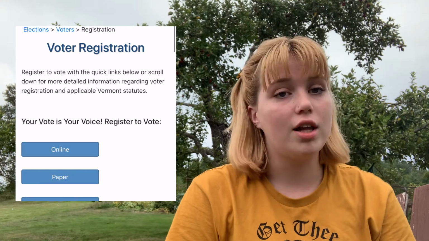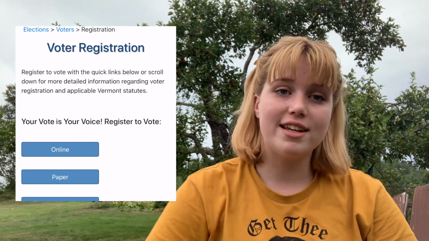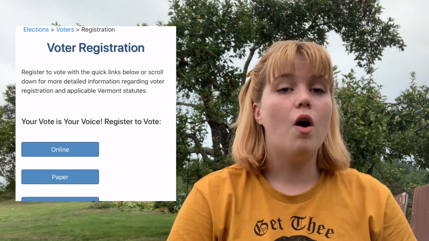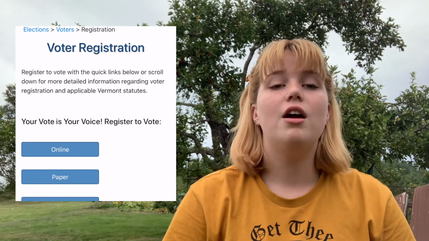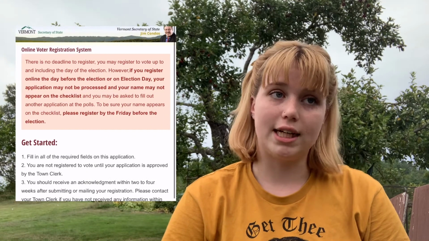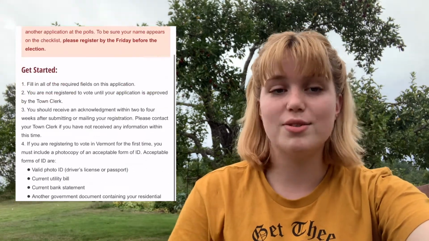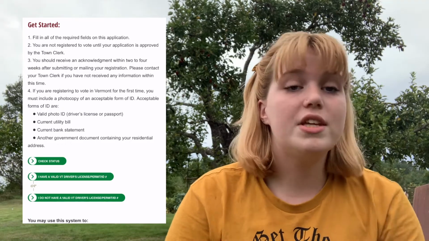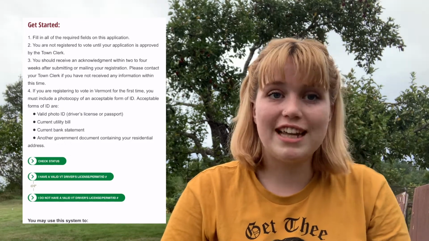On this page, it shows you two ways to register to vote, either online or a paper copy that is sent to your town clerk. With the pandemic, your town clerk's office may not be open or open with limited availability, so it's just as easy to register online. If you do have a valid driver's license or non-driver's ID or permit, you have to use that to register. This means you also have to upload a photo of your license,